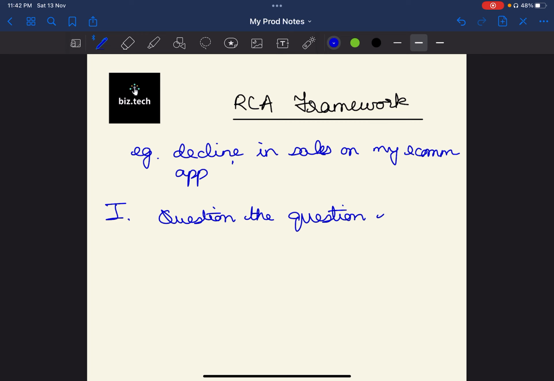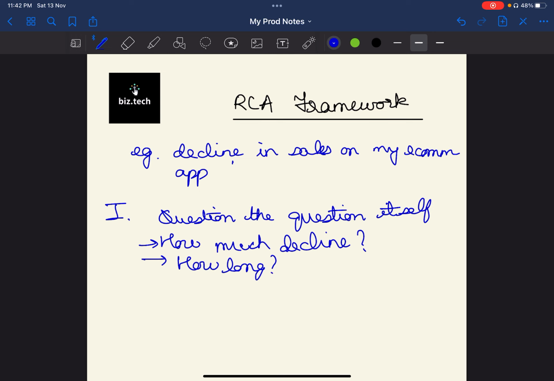So, how much? Question the question itself. How much is the decline? Can you quantify it? If it's a huge decline, then it is quite an alarming thing. How long is it happening? Is it seasonal? Please consider the seasonal aspect as well. A lot of people don't consider that. For example, if there is a decline after the Big Billion Day, then obviously there will be a noticeable reduction in